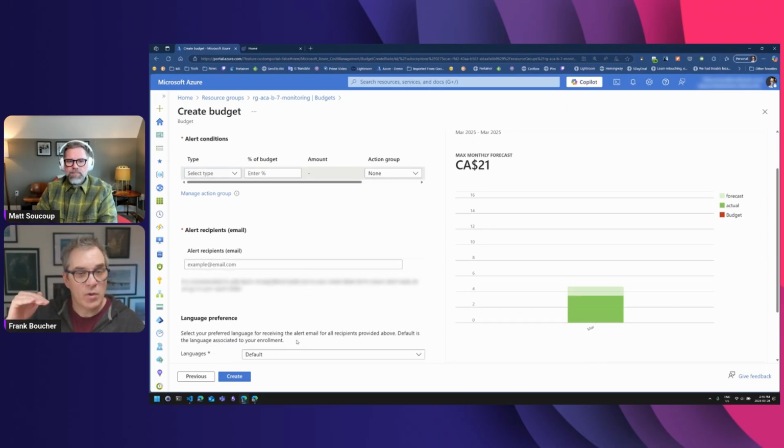So, you know what? Send me an email when it reaches 10. You can say send me an alert when it reaches 5. Are we halfway through the month or just 2 days in? Whatever makes sense for you, to take some action or preemptive action. Or maybe it's the other way around. It's the end of the month and you look and say, oh wow, I just spent half of the budget. The point is to be comfortable with the resource and the money you spend because it's important, but